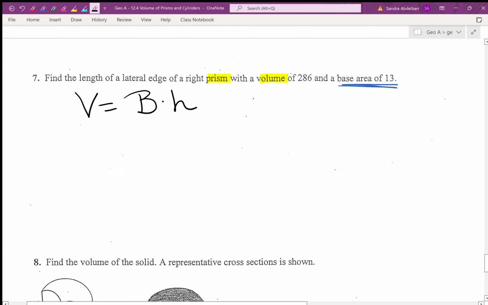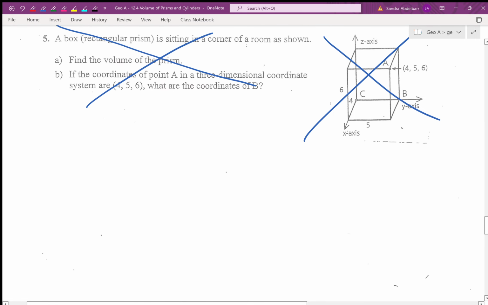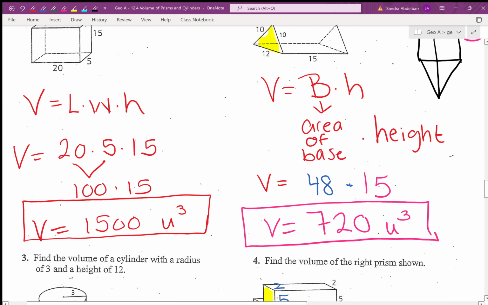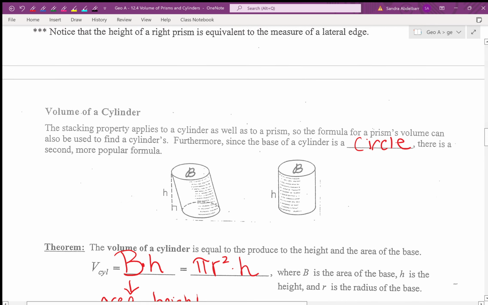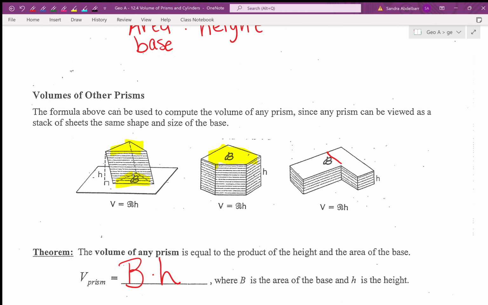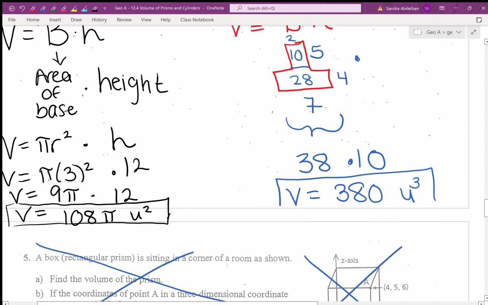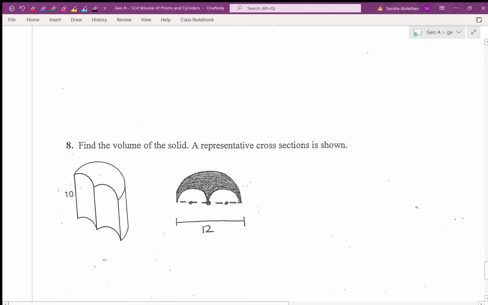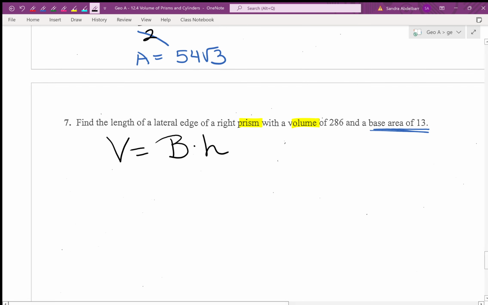Now, the height, go back to our prisms. In our prisms, isn't the height the lateral edge? Yeah, the height is the lateral edge. So when they say find the lateral edge, can I find the height? Yeah. So find the length of a lateral edge, we could also call it the height, with a volume of